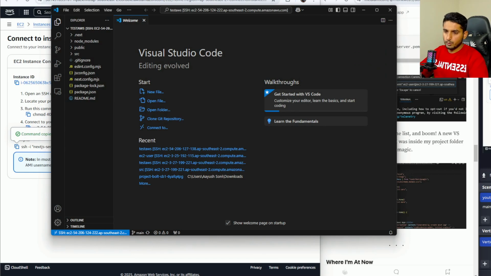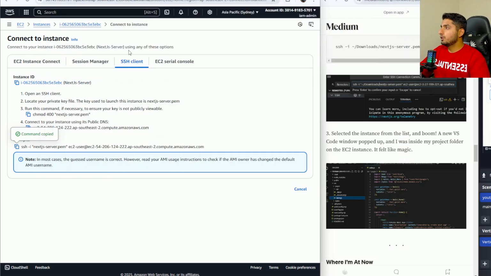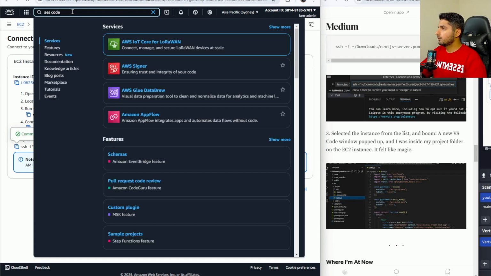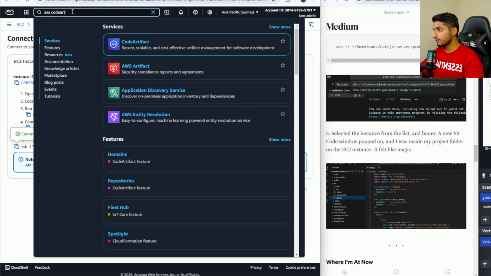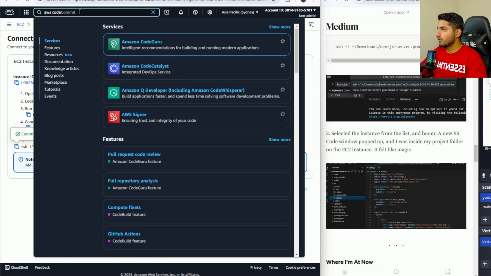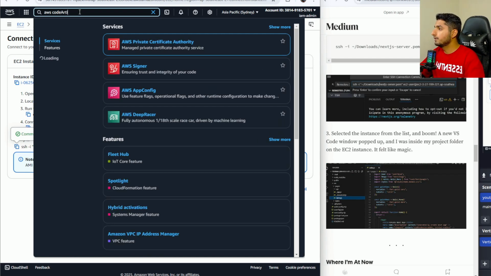So right now we are at about 20 minutes. Now what we want to do is use CodeArtifact. So let's go to search and search for AWS CodeArtifact. And by the way, if you are a little bit lazy, you might make a typo by mistake. I've made a serious typo here. So when you search for CodeArtifact,